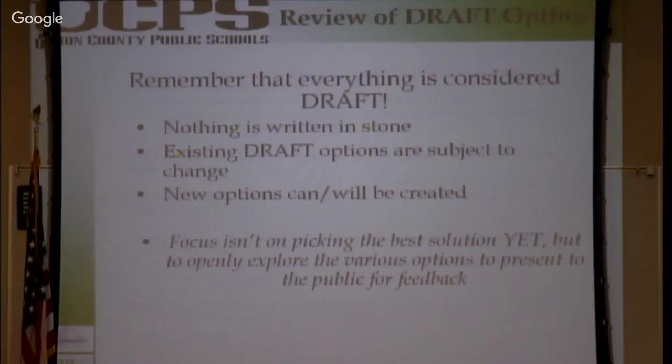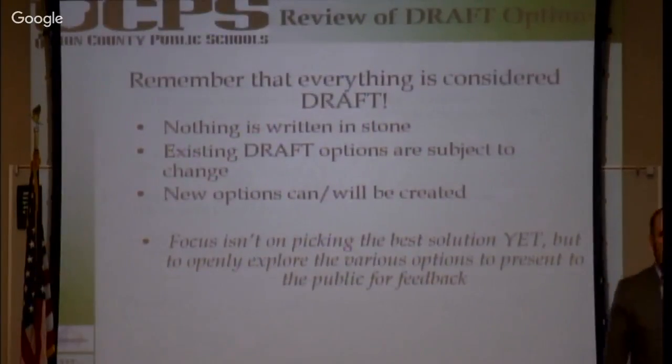So really what we're focused on tonight is to narrow our options so that we can have a manageable number to take to the public. I think we have 6 options right now. What we'd like to do is get it down to about 3 or fewer if you feel it's pertinent, so they're not overwhelmed with a multitude of scenarios that we have drafted so far.